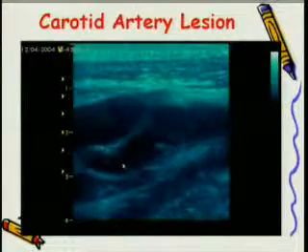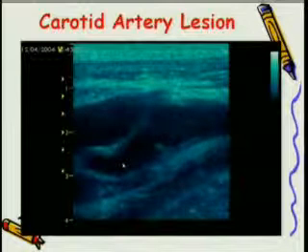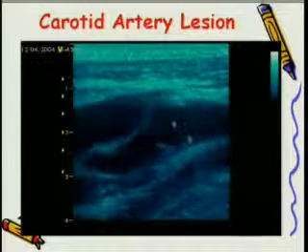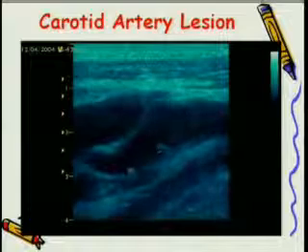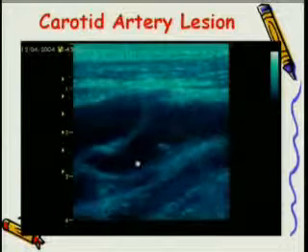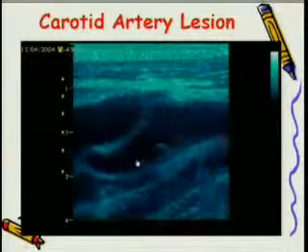A couple of lesions as far as carotid vessels are concerned. Here is an example of a large plaque present at the origin of an ICA in a common carotid vessel with its bifurcation. Why are these important? As I said earlier, it is estimated that almost 50,000 to 5 lakh strokes happen per year in India. How do we compare it? We say our population is approximately close to 5 times or maybe more than that of the USA.